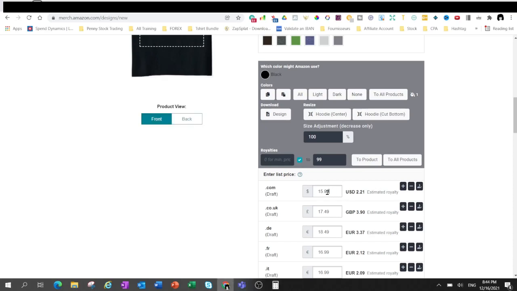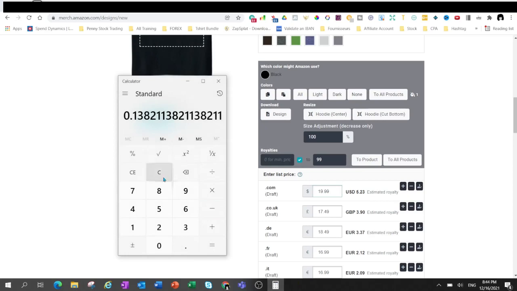Okay, if I'm selling my t-shirt at $19.99, I'm making $5.23. So my break-even ACOS is gonna be $5.23 divided by $19.99. So 0.2616. So my break-even ACOS is gonna be 26.16%. Okay. Once I have this number, this 26.16, if I'm selling my t-shirt at $19.99, so making $5.23 profit,